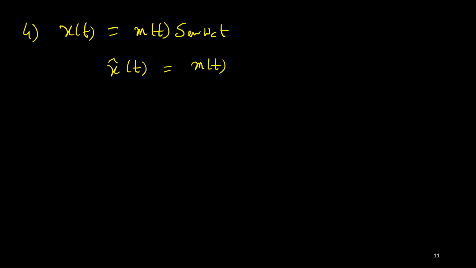So same thing. If x(t) is m(t) sine omega_c t, then x hat(t) is again m(t) times, and you know that sine omega_c t, its Hilbert transform is minus cos, so minus cos omega_c t. That's simple. Provided m(t) is a band limited low frequency signal and sine omega_c is a very high frequency compared to the highest frequency of the message signal. Right. So these are the few properties of the Hilbert transform.